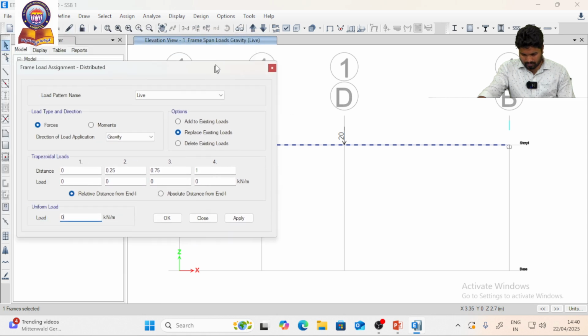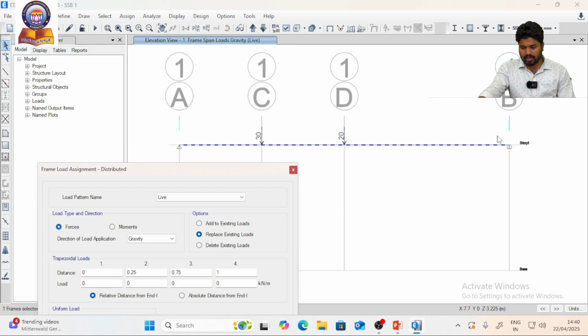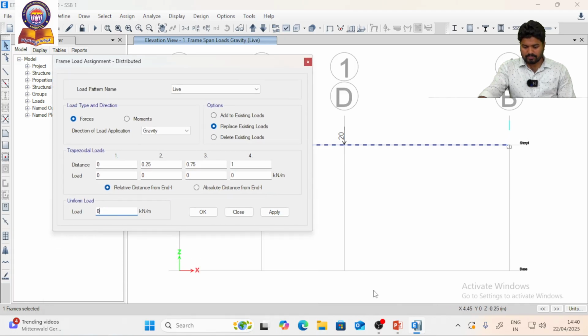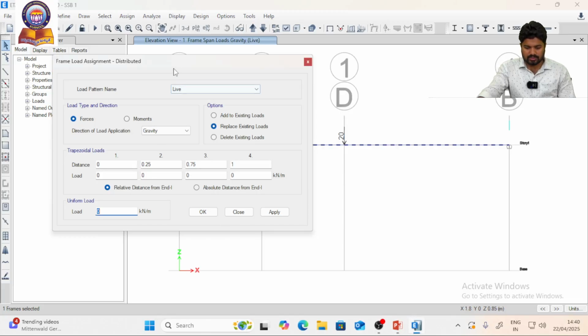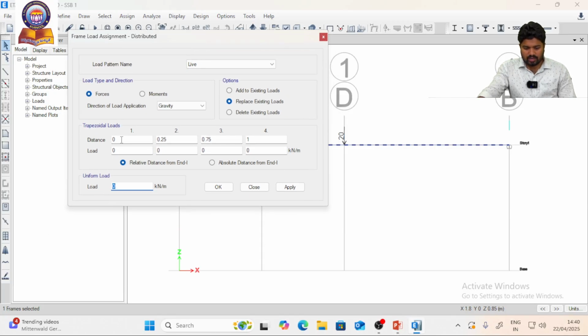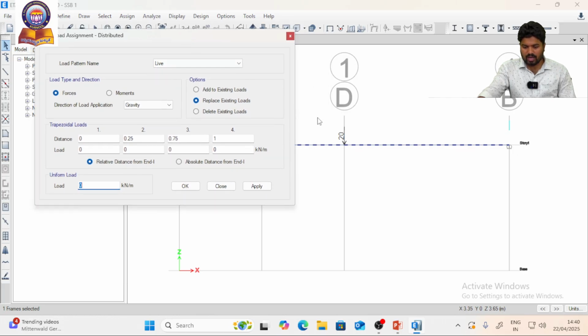Why? Because my beam is acting from point A to point B, but in this beam, the UDL started at a distance of 4 meters from point A and continued up to the point B, right? Those things we have to give in ETABS, right? So first, here you can see the distance where our UDL is started on the beam. So at a distance of 4 meters, our UDL is started, right? With an intensity of,